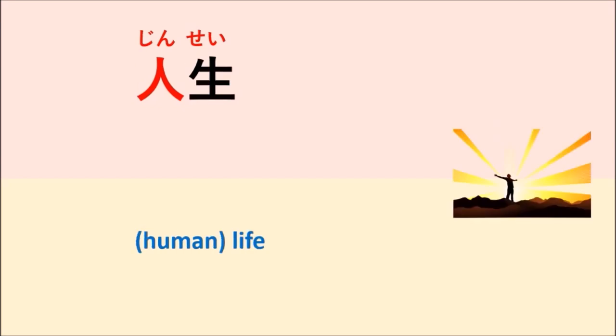Jinsei means life, or human life, or your life. The kanji of jin means the people, and sei means life. It means your life or anybody's life. So it means that you put the people and the life together, which means the